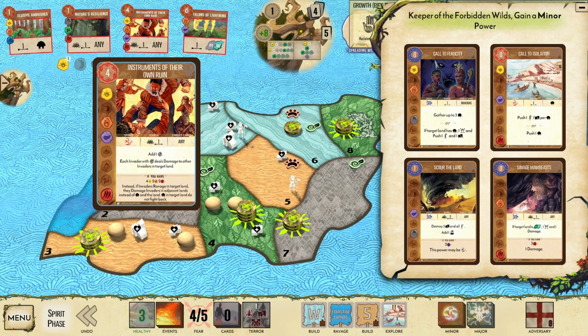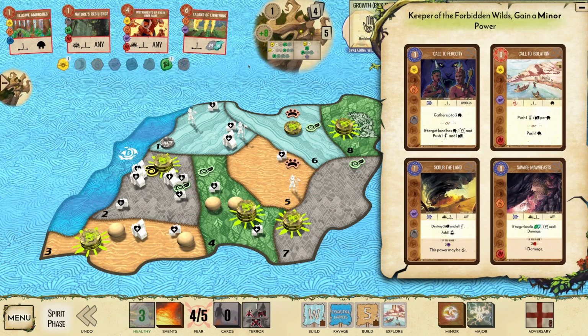Okay, it's gonna build in the sands. It's going to ravage in the coast, okay. Maybe I skip the ravage here. 3, 4, 5, 6, 7, 8, 9. That is 8. 9. Yeah, let's just go with...